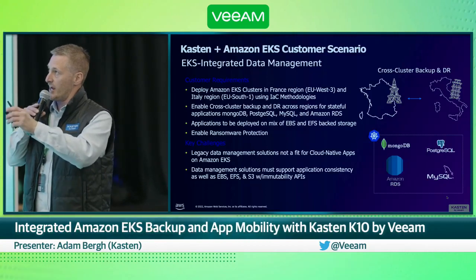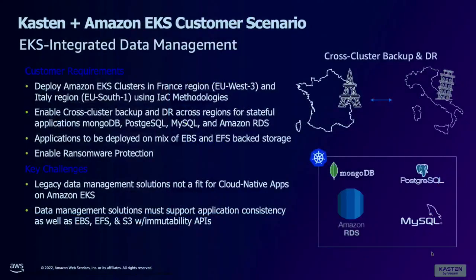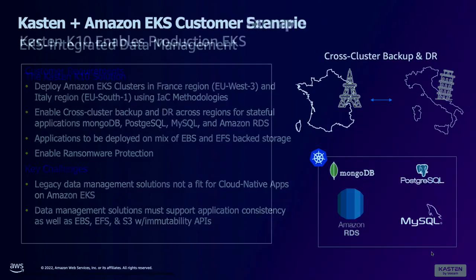They had some big challenges with application consistency, right? So application consistency for some of those databases that we talked about. Databases are unique. Sometimes when you snapshot them, you need to quiesce them, you need to pause, you need to freeze. Sometimes you need to do a logical backup. You need some sort of application integration, especially things that work with Amazon, those apps that are deployed on top of EBS, EFS, and also S3.